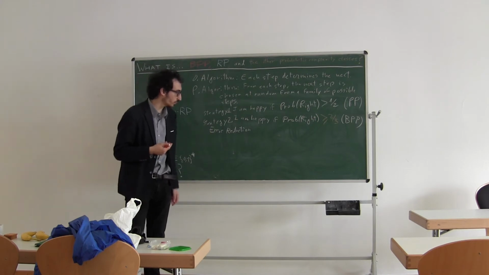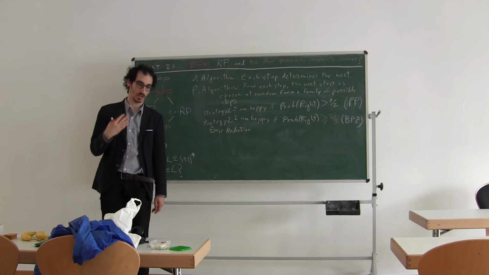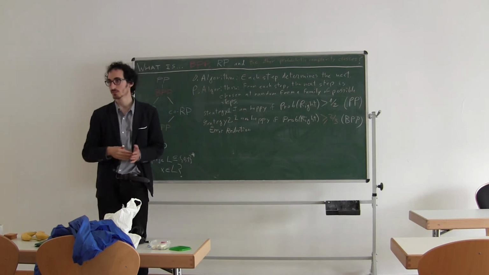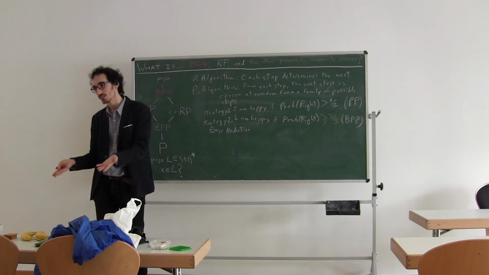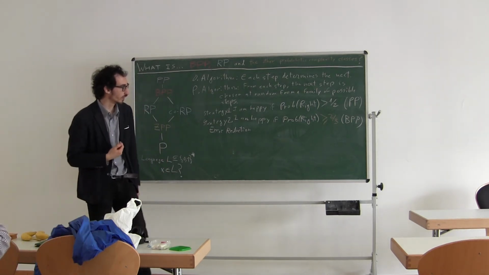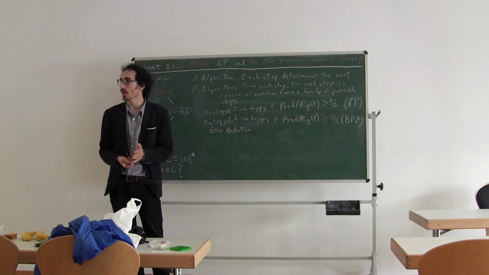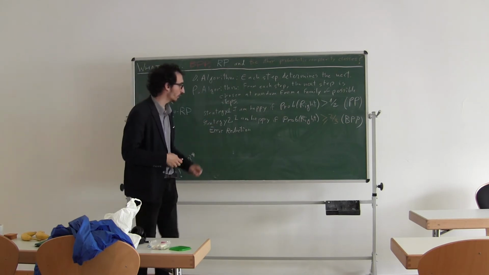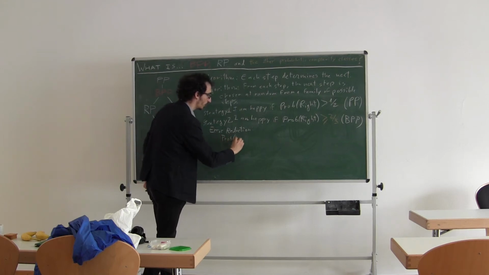Because there is a procedure called error reduction, which is the idea: okay, I run my algorithm one time, let's run it several consecutive times, and now I take the majority of the answers. If it is a yes, then I say yes. If it is a no, then I say no. So the error reduction is just applying your algorithm several consecutive times and picking the majority of the answers that you got. So in the error reduction, the good thing that we have is that if the probability of being right,